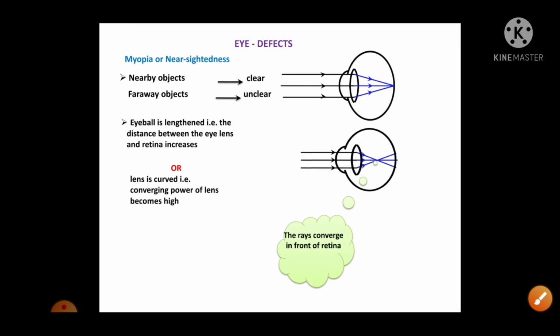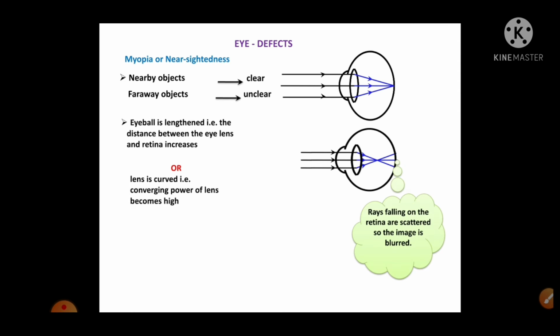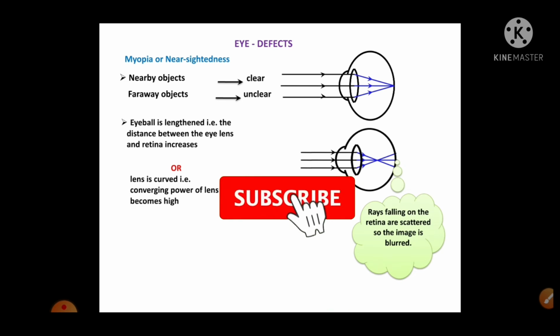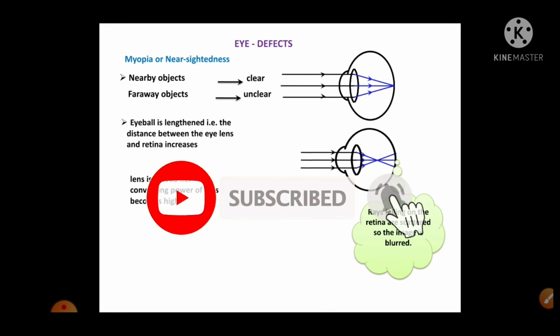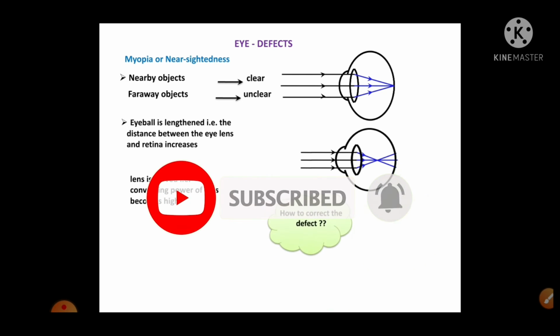The rays converge in front of the retina, rays falling on the retina are scattered so that the image is blurred, ठीक है। जो इमेज है वो प्रॉपर्ली फॉर्म नहीं हो पाता है, and because of that it gets scattered, और आपको जो इमेज दिखता है मायोपिक पर्सन को, वो इमेज क्लियर नहीं होता है जनरली।